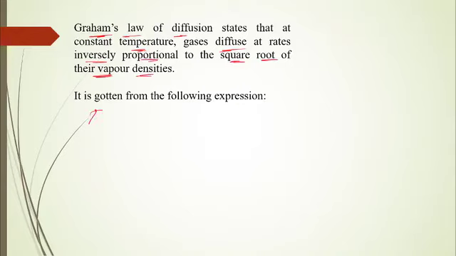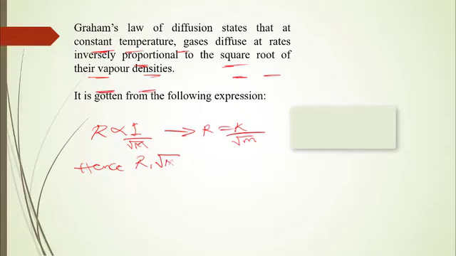What exactly was Graham talking about? Graham was saying that we're going to have something like this, R inversely proportional to the root of m. We'll tell you what it means, and then it's going to give birth to something like this, where this inverse proportionality turns to k over root m. The constant there is k. Graham was postulating that we'll have r1 root m1 equals r2 root m2,